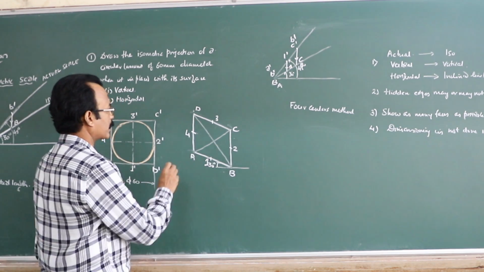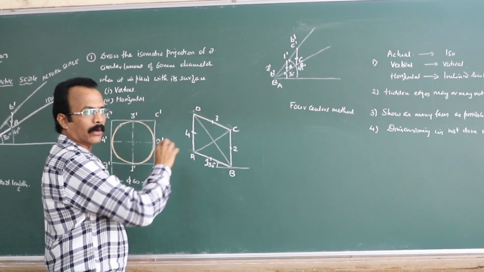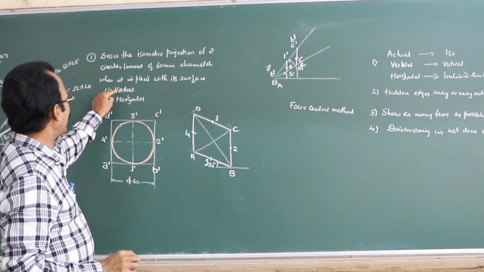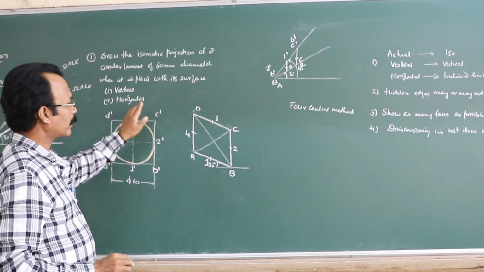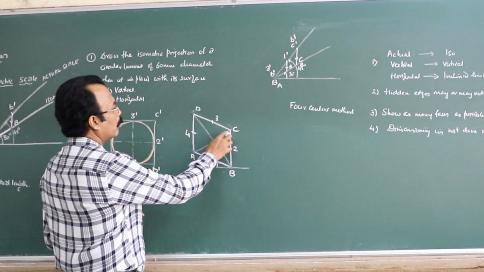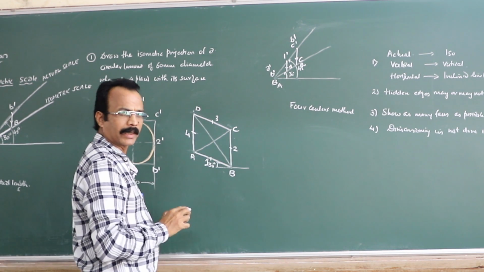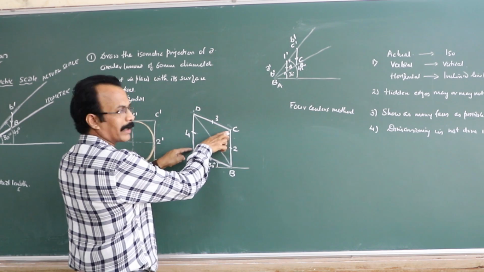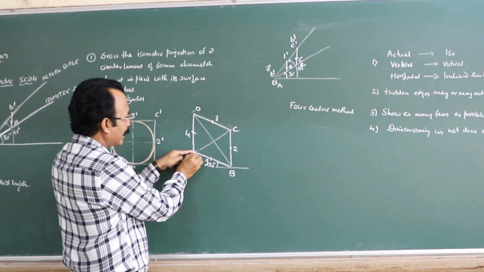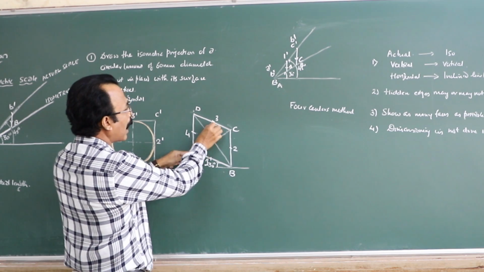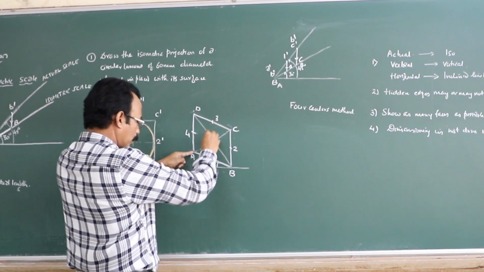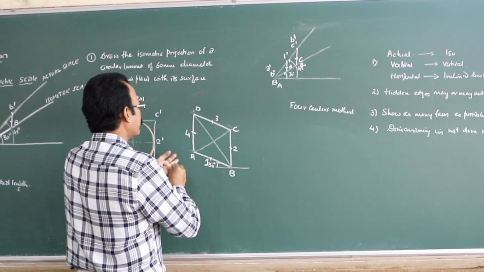So what is the first step? See, this is the general procedure. I am telling you whether the lamina is vertical or horizontal. The procedure I am explaining is in general here. So find out which is the shorter diagonal. AC will be the shorter diagonal. So with one end of the shorter diagonal as center, that is A, opposite midpoints. Opposite midpoints are 2 and 3. Draw the first arc.